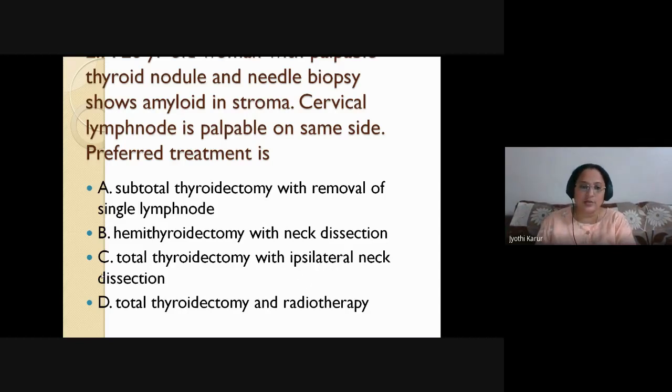So, which one do you choose? C and D. If the person had given bilateral neck dissection instead of this, you could have opted for option D. But here, you have to choose the one best answer. So, answer is total thyroidectomy with ipsilateral neck dissection. See, is that option of bilateral neck dissection there anywhere? No. So, the next best answer would be total thyroidectomy with ipsilateral neck dissection.